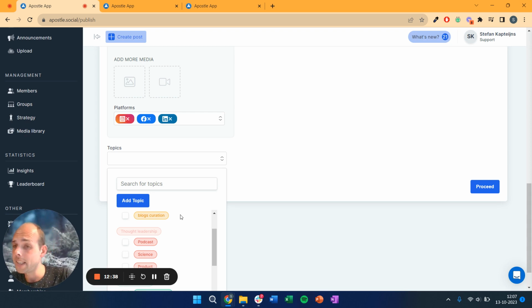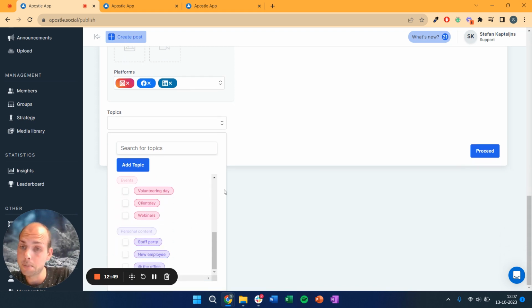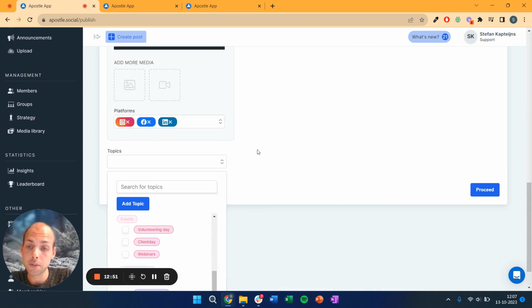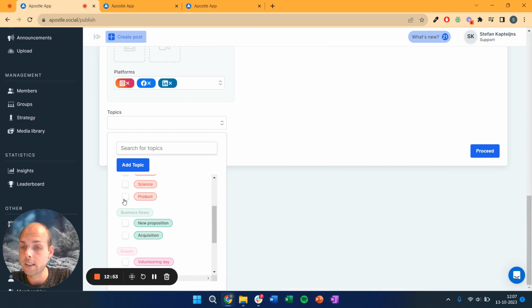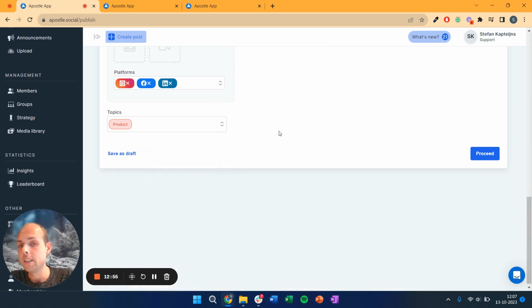So setting it up is really easy. So just go to the strategy part, add your topics, and they will be automatically added to the topic view in your composer. And then it's basically just selecting, okay, this one is about our new insights, for example. So I will select our product label here. So that's how easy it is, and it will automatically register in your insights